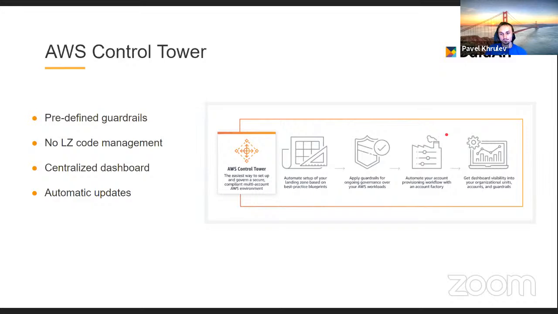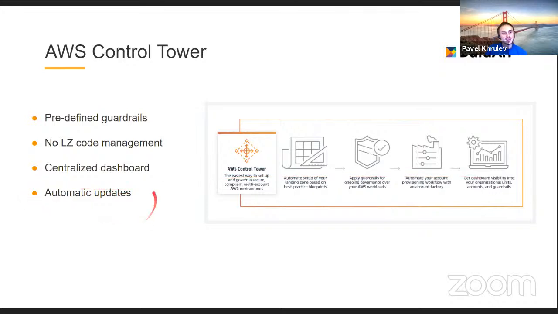And it has a dashboard where all information about your accounts and your non-compliant resources is aggregated. You can review your organization. You can review what guardrails are enabled for such accounts or organizational units, and what non-compliant resources you have. That's a very powerful tool for governance when you review the resources that you have in your AWS environment.